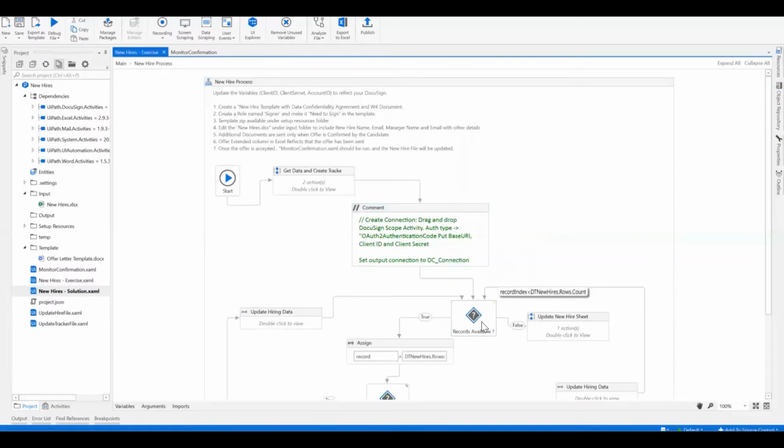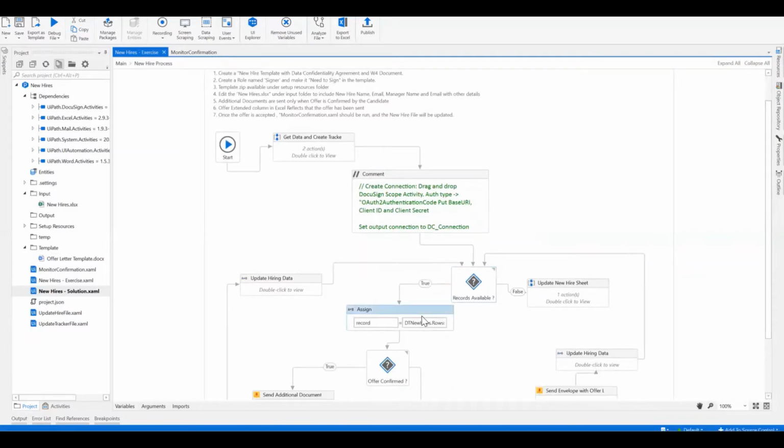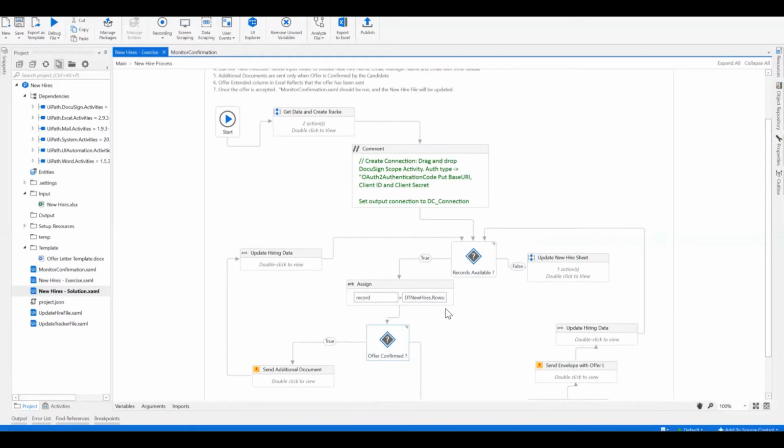and check if new hire records are available for processing. If present, we get the details in the record variable and then check if the offer confirmation was received from the candidate. If yes, we send the additional documents from Docusign to the candidate and update the hiring data, specifically the document sent field to Y, and move on to check if more records are to be processed. If confirmation was not received,